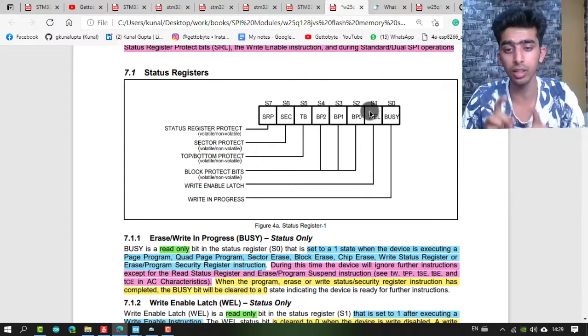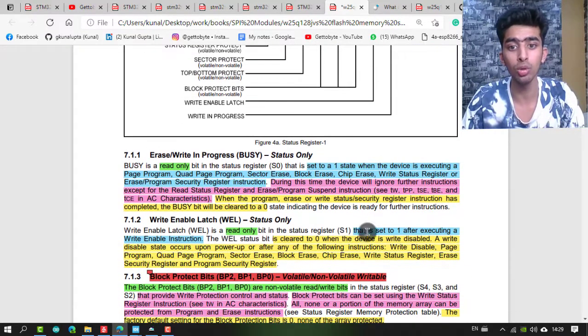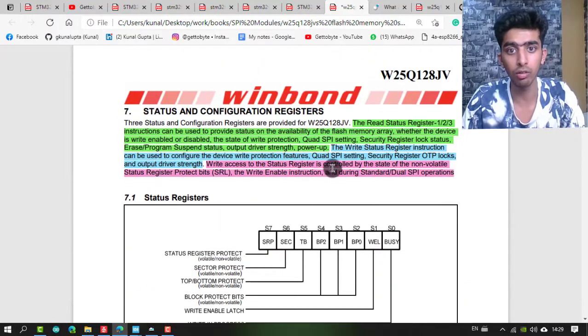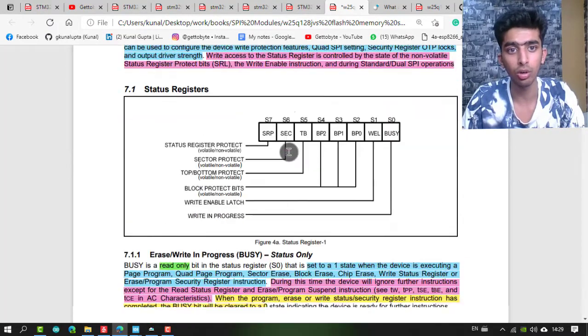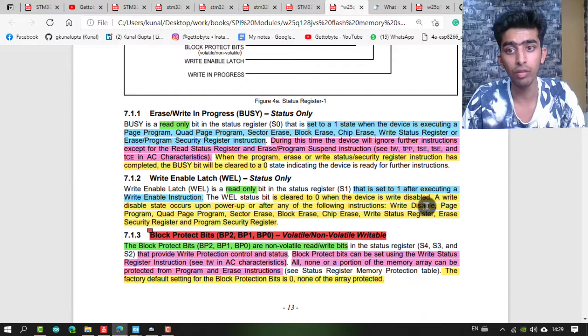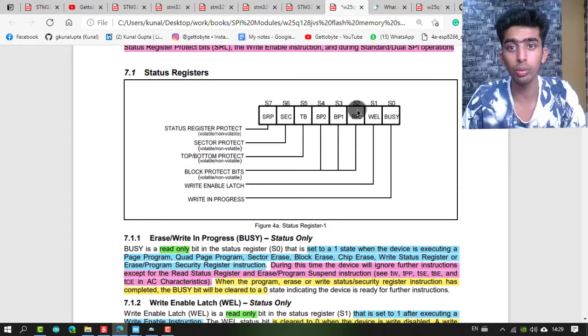We have to set the WEL bit to 1 every time we want to do the following things: page program, quad page program, sector erase, block erase, chip erase, write status register. For all these, we need to set the WEL bit to 1.